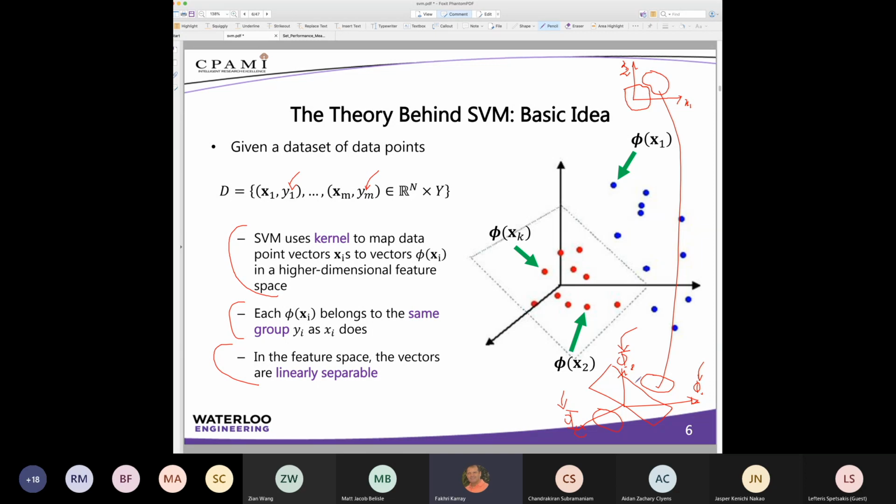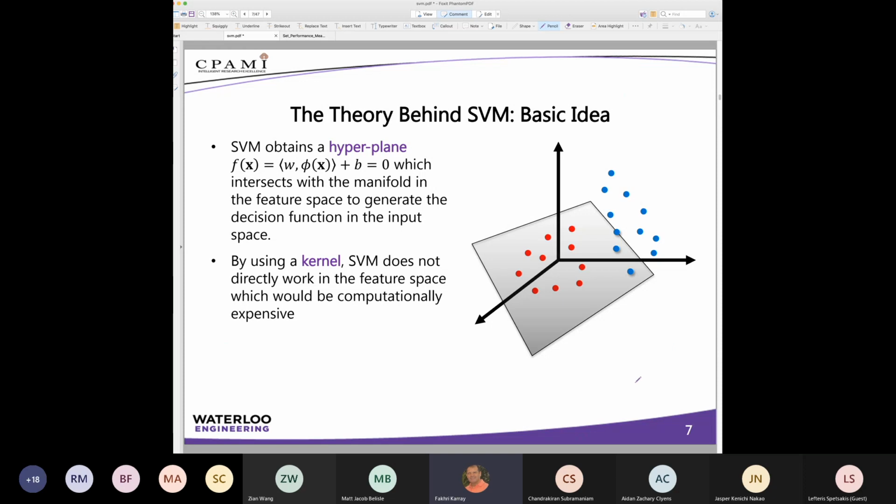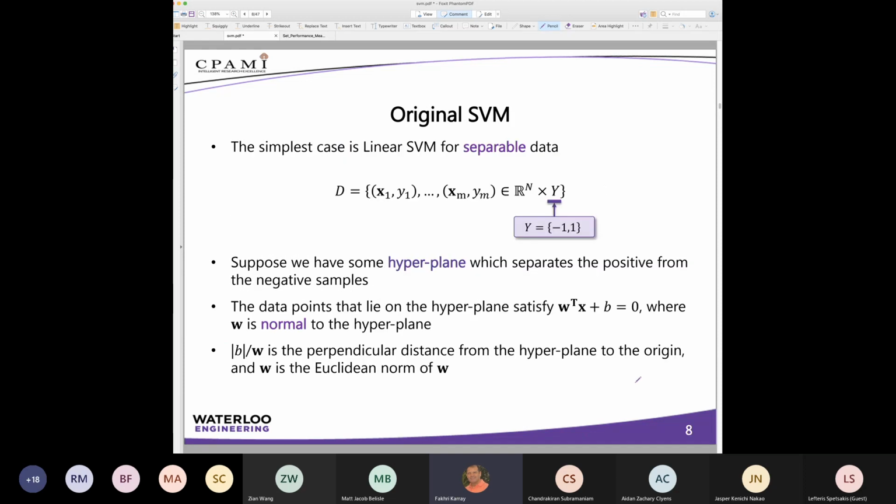For now, let's forget about the kernel and let's look at the case where we have simple 2 classes for our models, and these 2 classes are linearly separable, and how to provide the optimal distance between the 2 data sets. So I will skip this particular component and let's talk about the original support vector machine, because that's what we are more interested in, as I mentioned to you earlier, when we have 2 classes and where we have